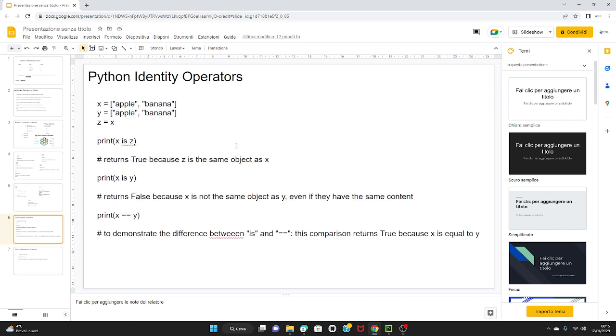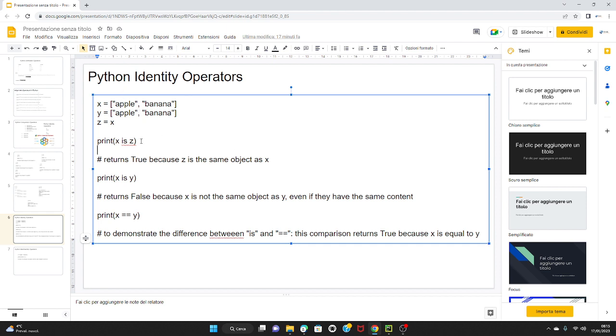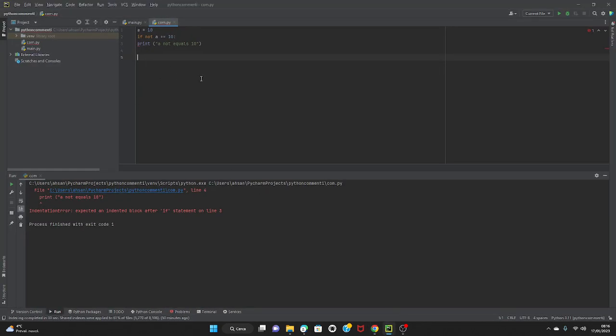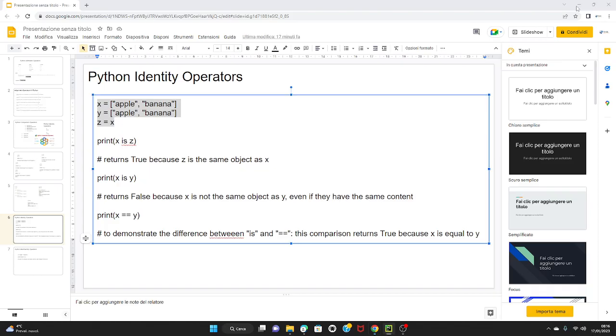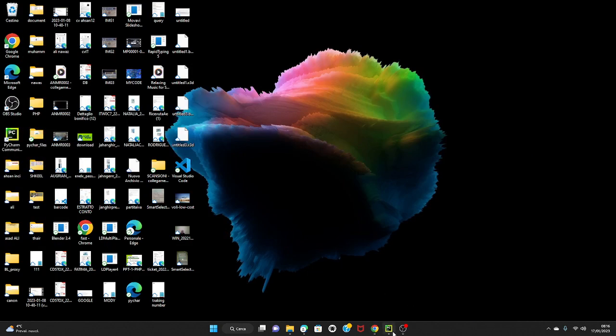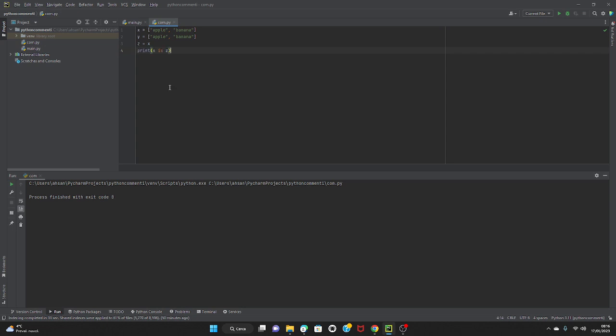Let's go, we can do the Python identity operator. Python identity operator, we can take this example. Okay, print x is the, we can take this, print x is the, true